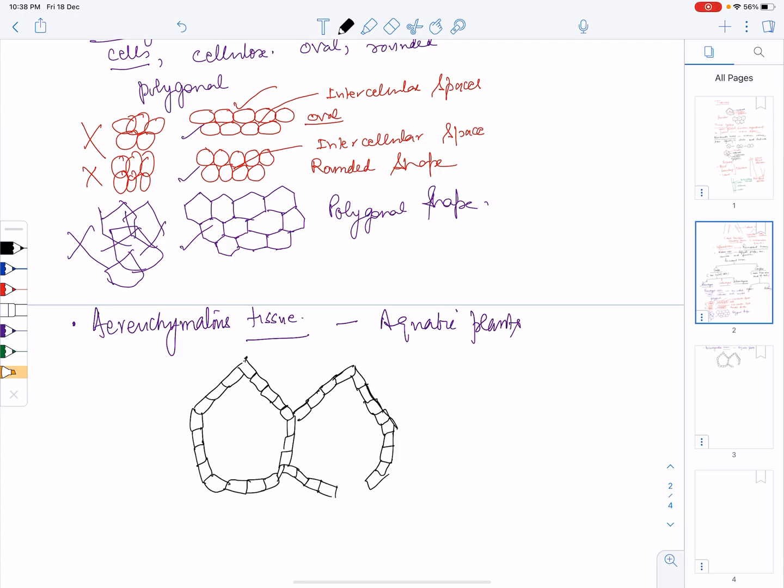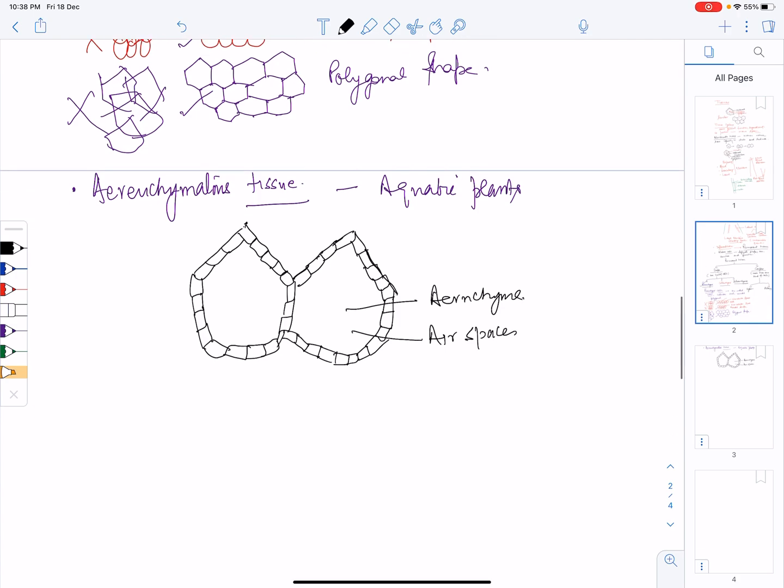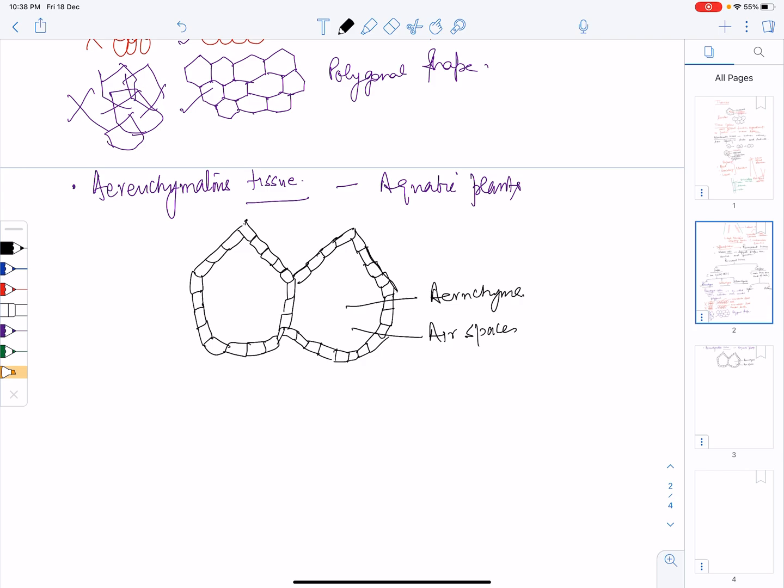And they can even get submerged in water, they can float in water. This is because of parenchymatous tissue. So this is parenchyma, air spaces. Again, cells are parenchymatous in nature. Second category is